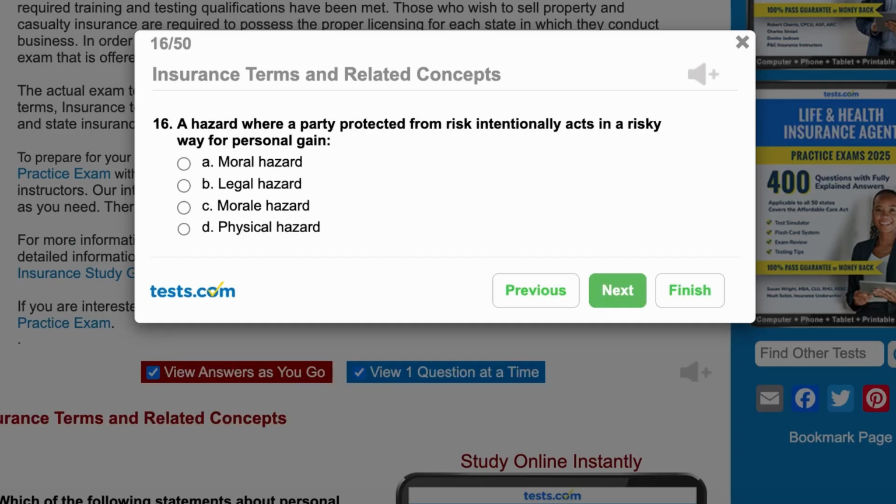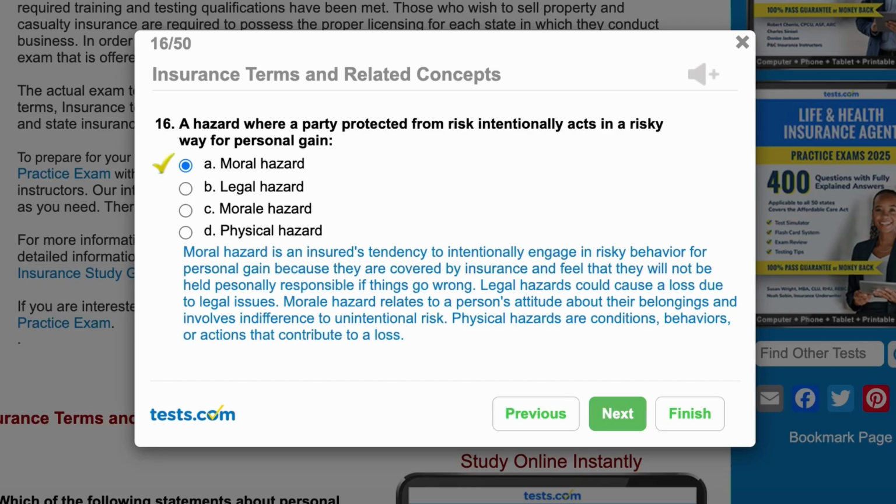Question 16. A hazard where a party protected from risk intentionally acts in a risky way for personal gain. A. Moral hazard. B. Legal hazard. C. Morale hazard. D. Physical hazard. A. Moral hazard. Moral hazard is an insured's tendency to intentionally engage in risky behavior for personal gain because they